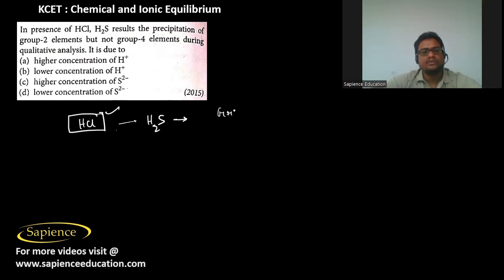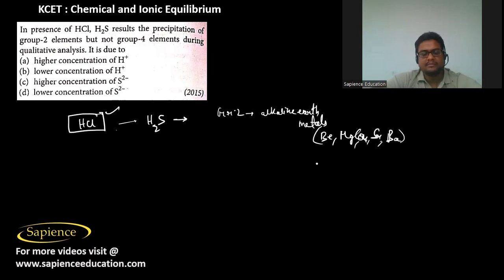Group 2 elements means the alkaline earth metals, which are beryllium, magnesium, calcium, strontium, and barium. And then group 4 elements, they are the D block elements, which are